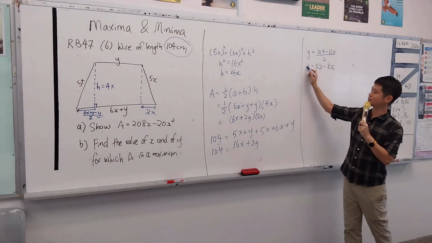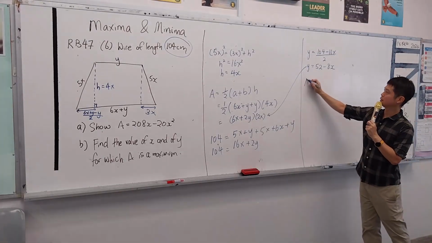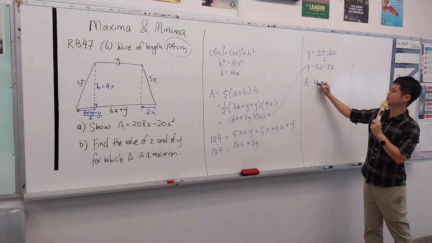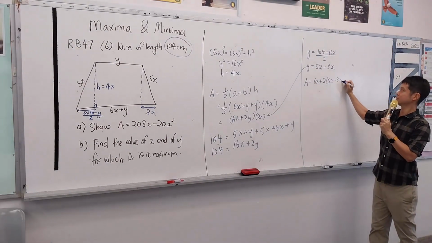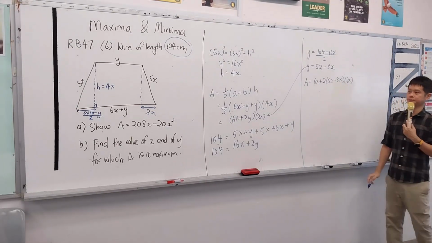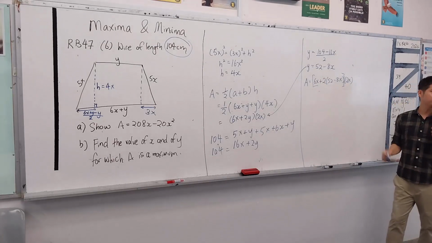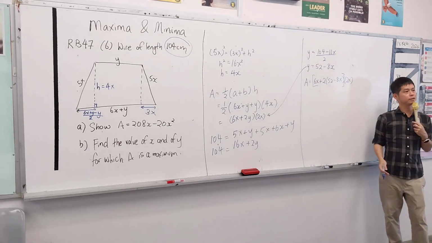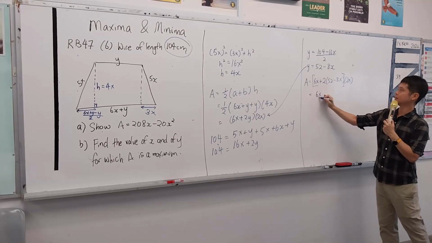The question obviously wants the area, right? A. And obviously we have to sub in here. So sub in: area equals 6x plus 2 of the y's, then later multiply by 2x. Please do the bottommost bracket first. Do the bracket first. I will have 6x